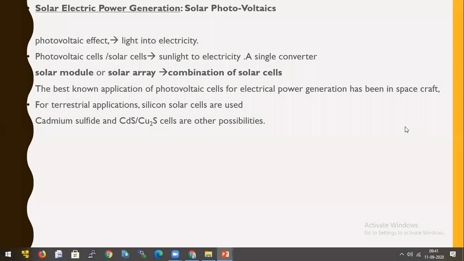In this, energy conversion is done, and the devices used to convert sunlight into electricity by the photovoltaic effect are called solar cells. A single converter cell in this is called a solar